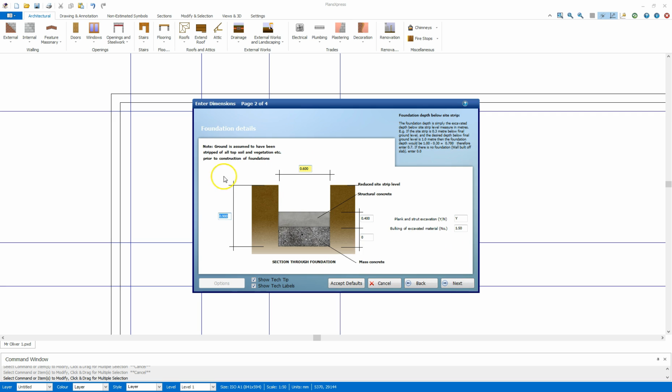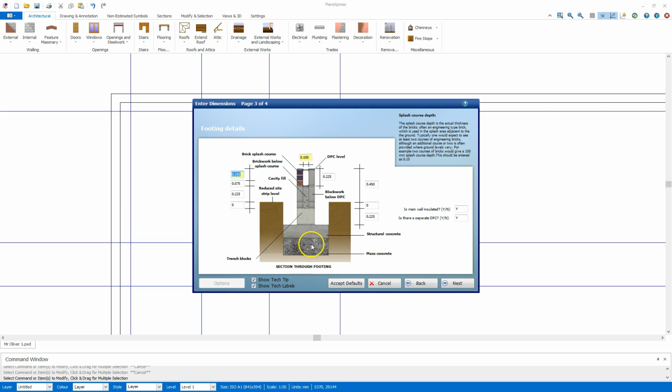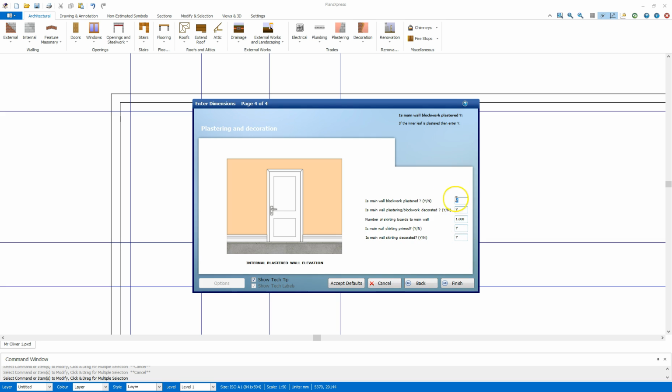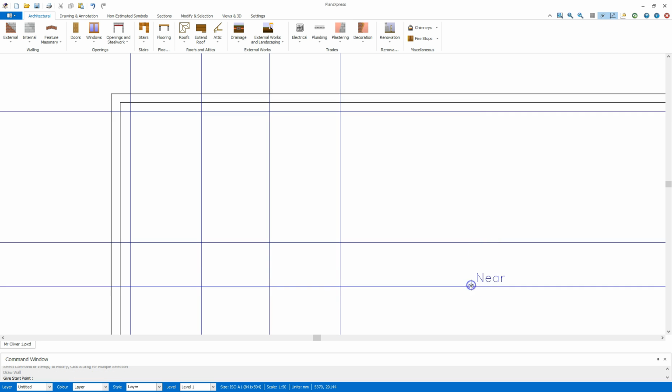If I click next, you'll also see there it's accounting for the foundation details. So the depth is in white, but the actual width is in yellow to show that it'll be represented on the drawing. And going through there, splash course depth is shown in yellow and the width of the wall in yellow, everything else in white. And we have options there, of course, to plaster that wall. Now, I can click Finish,